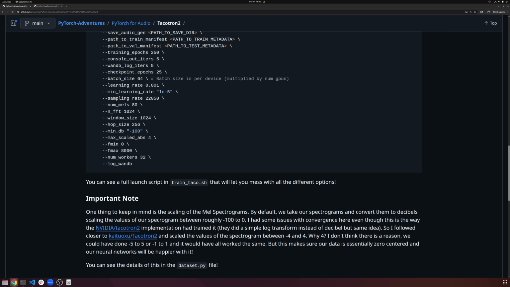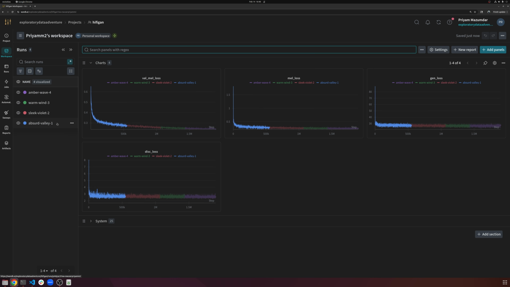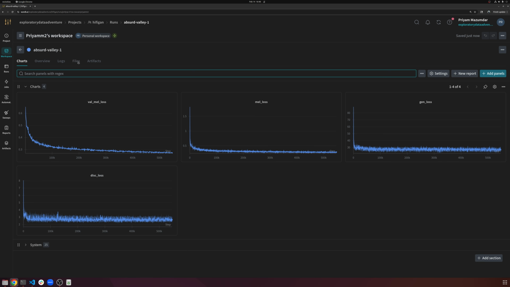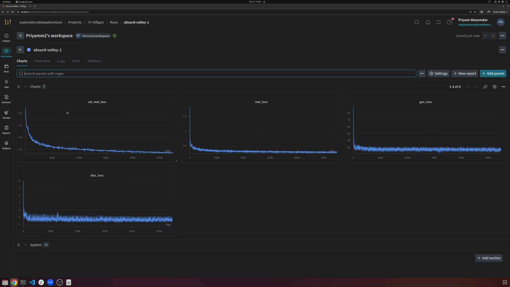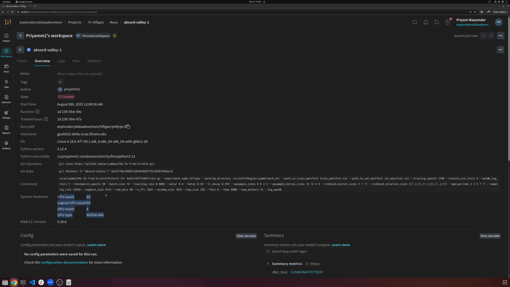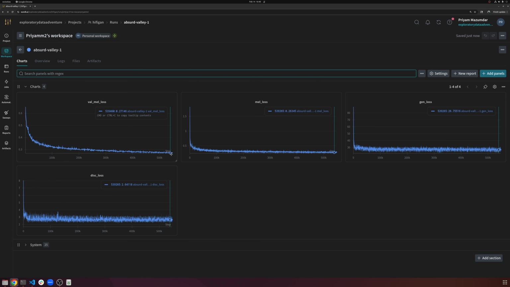I just want to take a look at the Weights & Biases results for HiFi-GAN. Here we go. So this is what the training looked like for HiFi-GAN. Each of these, I forgot exactly what I trained them on, but each of these took about 2 days. This was trained on a 4x840 node. So it's not like a super GPU, but it took about 8 days to get through about 550,000 steps, which